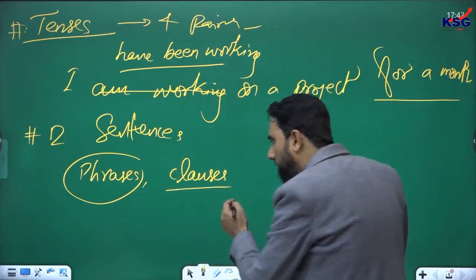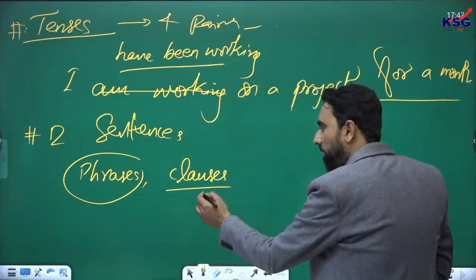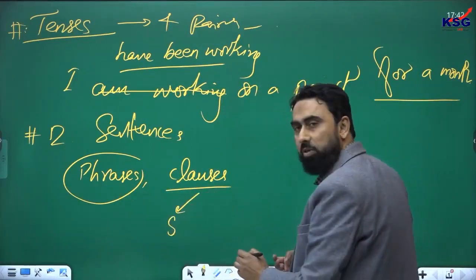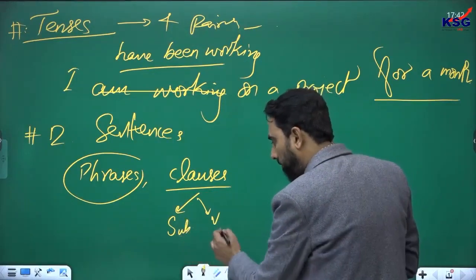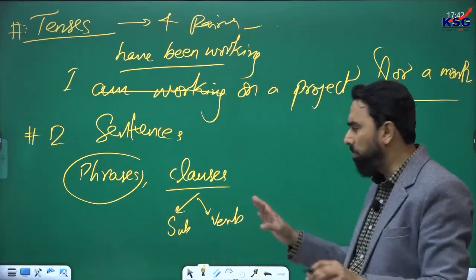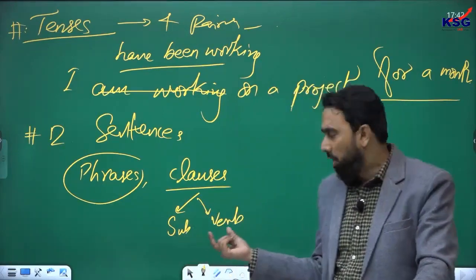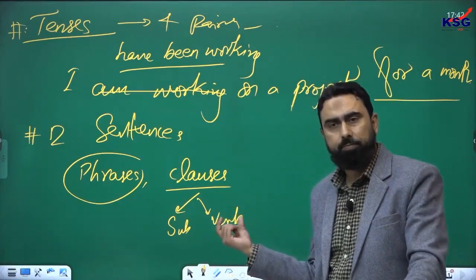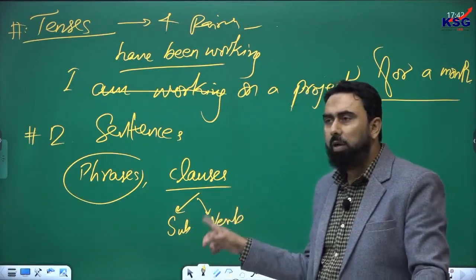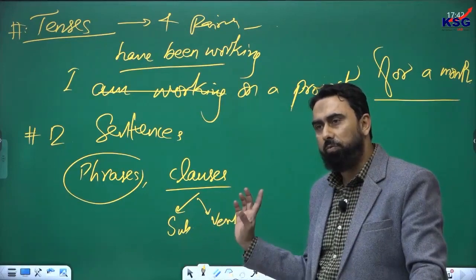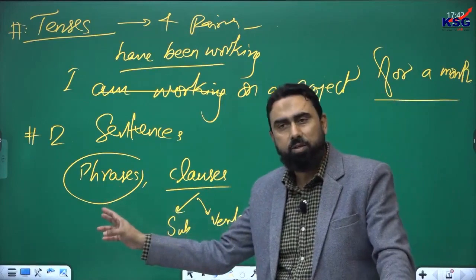But when you go to clauses, they have more clarity than phrases, because clauses have a condition that they will certainly have a subject and they will also have a verb. This is something very basic, you already know, I am just repeating. So subject is the main thing, and the verb, the action performed by the subject or maybe on the subject, whatever voice it is, active or passive. But with a clause the condition is that it should contain one subject, one verb. That's why it is clearer than phrases in terms of meaning,